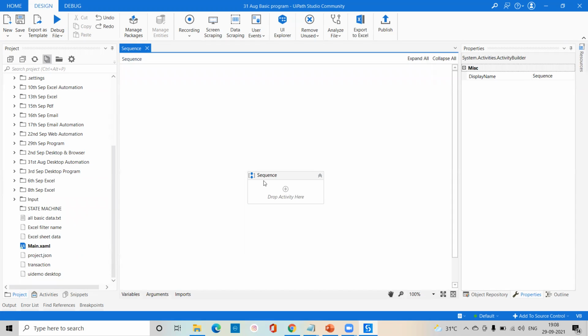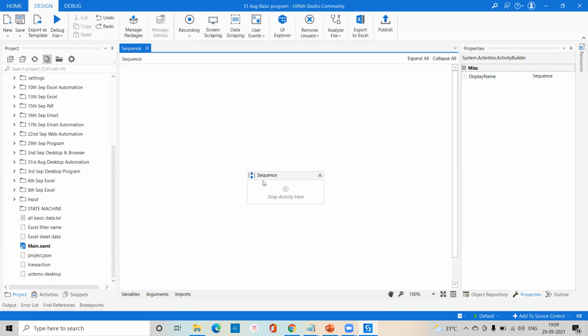Here, if you ask me what is sequence, sequence is a type of workflow in RPA UiPath. Sequence is especially for creating small processes. Suppose we are going to automate one simple Notepad task, so only one sub-process, we are able to create in a sequence. Sequence is especially for a linear process. Linear process means line by line, especially for a small project with only one sub-process.